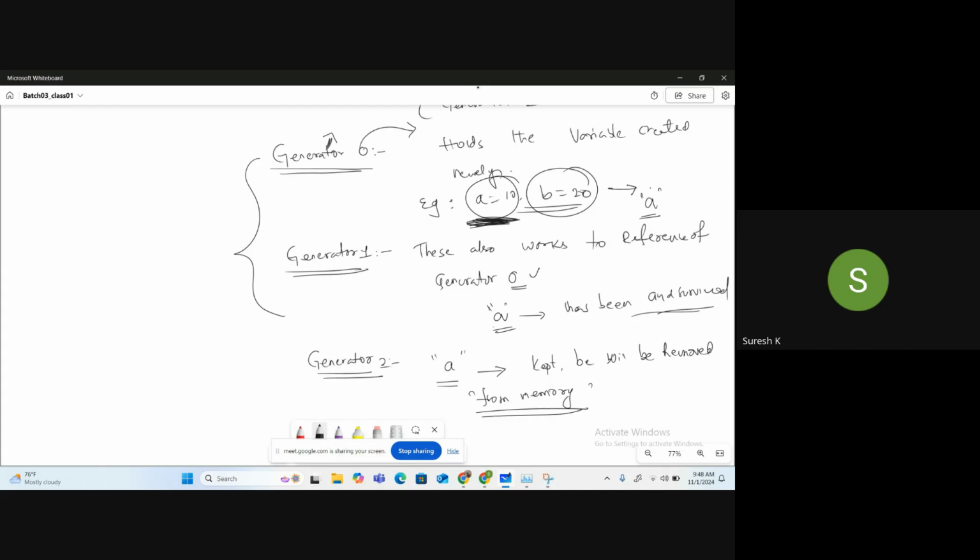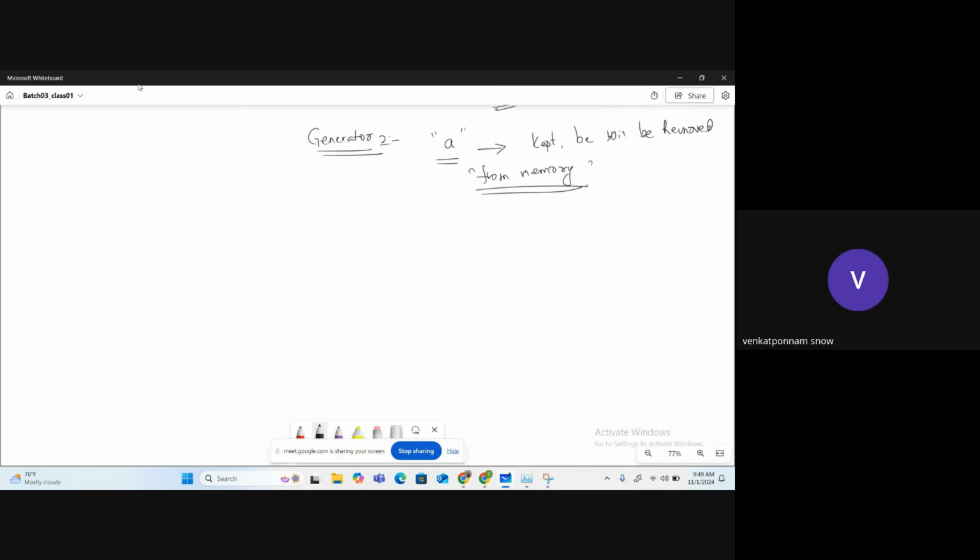That's the difference. This garbage collector process will run internally to find out, and if a variable is not used till now, it will stay in memory. Exactly.